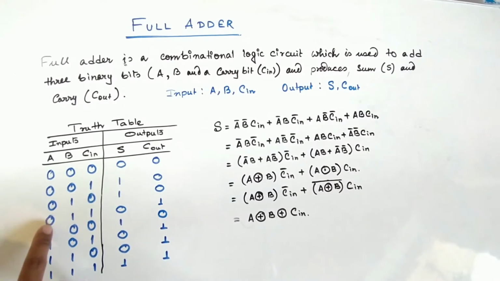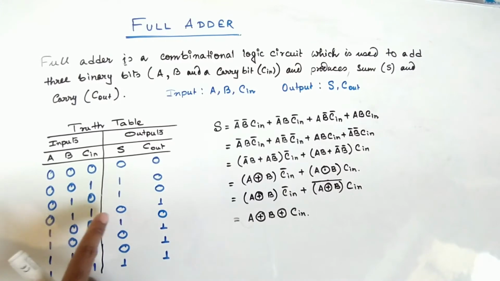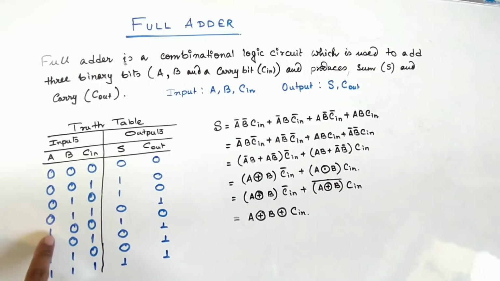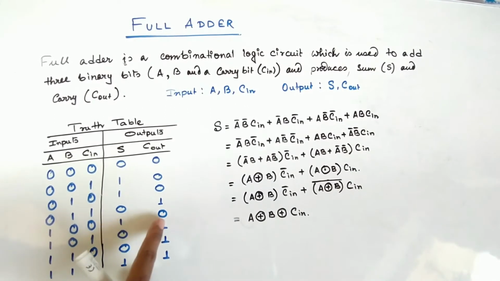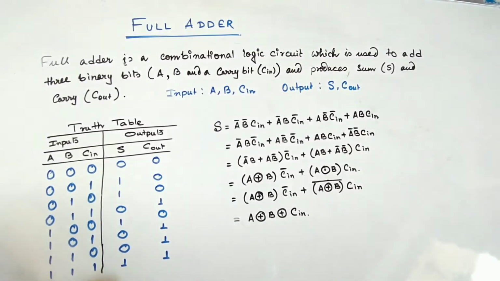Here we are adding first 0 with 1, that brings us the result as 1, and again we are adding 1 with carry input 1, so that brings us the result sum 0 and carry equal to 1. When we are adding 1 and two zeros, again the sum will be equal to 1, carry will be equal to 0. Here we are adding 1 with 0, that brings us the result as 1, and we are adding 1 with 1, so it brings us the result sum 0 and carry 1. So here we are adding 1, 1 and 0, that also brings us the result sum 0 and carry 1.